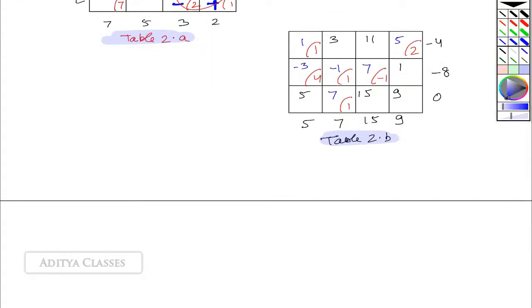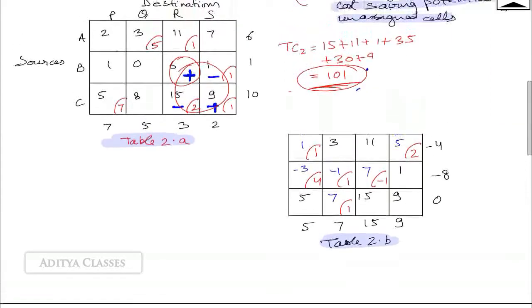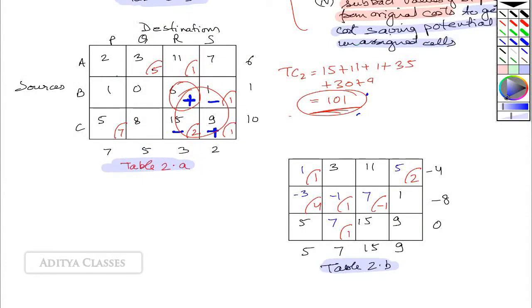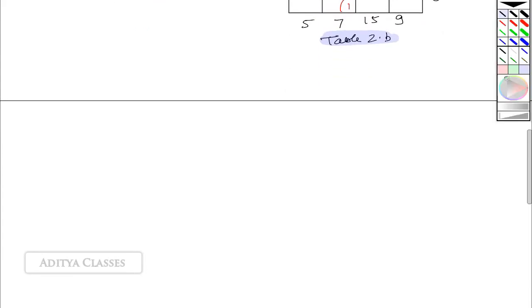Let me go ahead and make a new table to make these movements. How much movement is possible? We do not consider the plus cells, we consider the minus cells. From minus, the minimum assignment. We have an assignment of 1 unit, we have an assignment of 2 units. So we'll go ahead with an assignment of 2 units. Oh, sorry, 1 unit. The minimum of the minus marked cells. Let us go ahead.